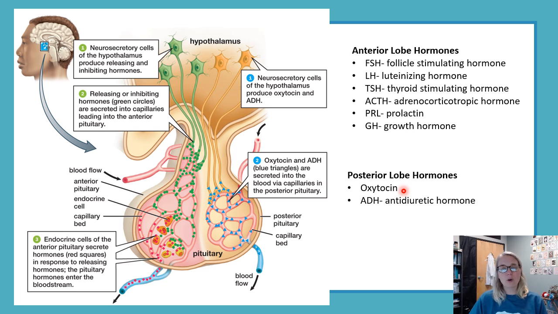The posterior lobe hormones, there's only 2 of those. They are called oxytocin and ADH, or anti-diuretic hormone. Their secretion is a little bit different. Instead of these hypothalamic hormones secreting their signaling molecules into the blood, they actually make the hormone. So these cells up here actually make the ADH and oxytocin, secrete that into the blood, and that goes out to the body. So a slightly different process of origin and secretion, but the outcome is the same. The hormones will go into the bloodstream and then go out to the body and target whatever they need to target.